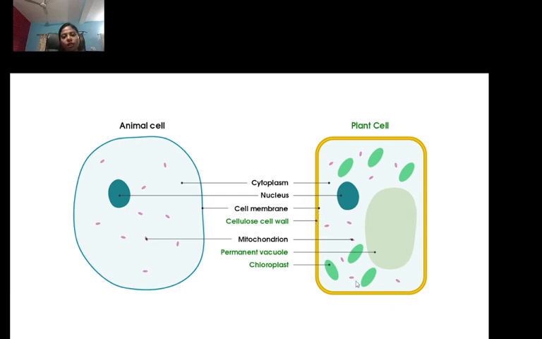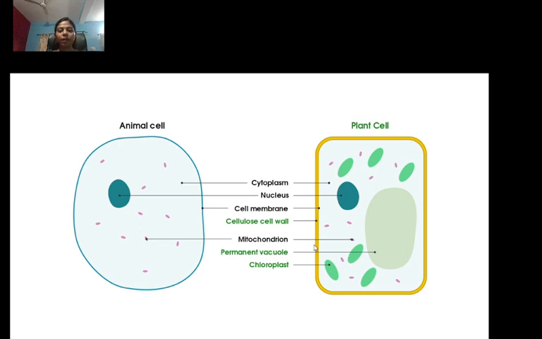So, outer thick layer of the plant cell, the outermost portion is called the cell wall. Right? In addition to the cell membrane, there is an outer thick layer in cells of plants called the cell wall. This additional layer surrounding the cell membrane, as you can see how it's surrounding the cell membrane,